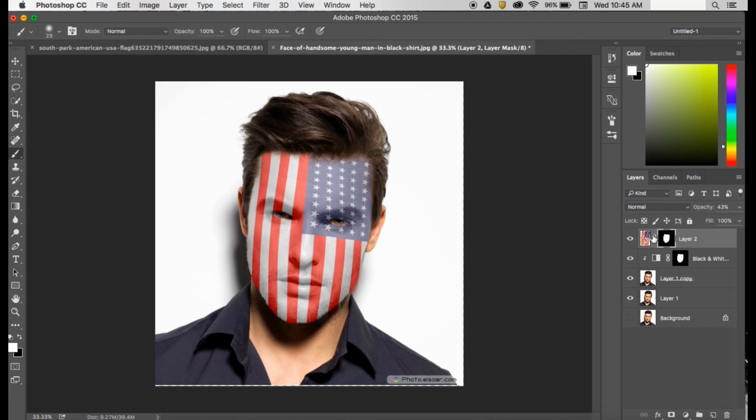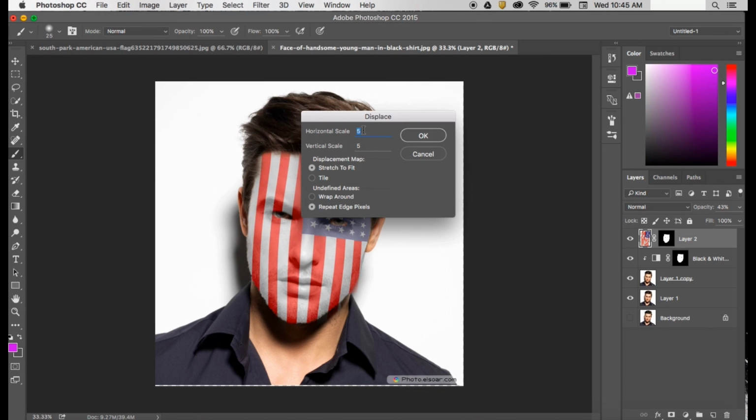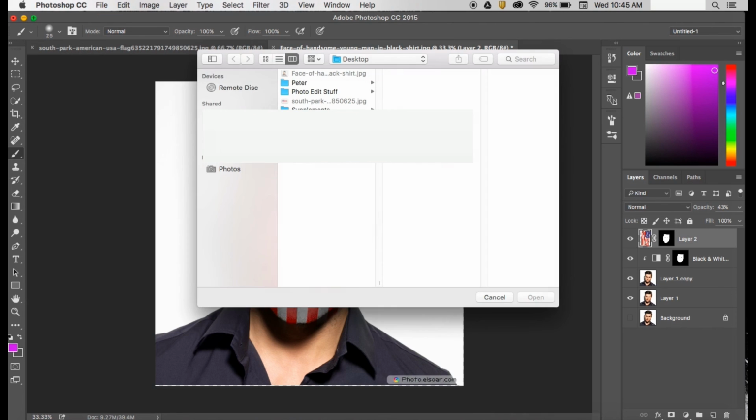So to do this, we are going to select this layer. We're going to go to Filter, Distort, Displace. We want to set our horizontal and vertical scales to 5. We want our displacement map to stretch to fit. We want undefined areas to repeat edge pixels. Hit OK, and now we'll be prompted to select the file or the map that will tell us how to